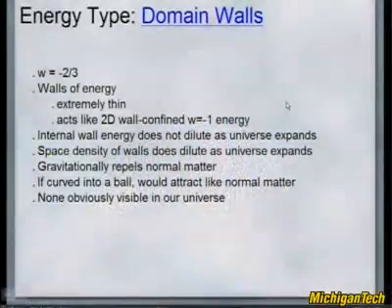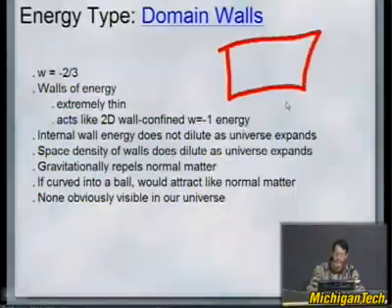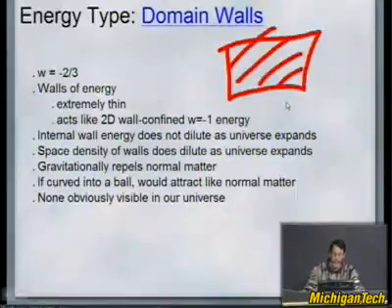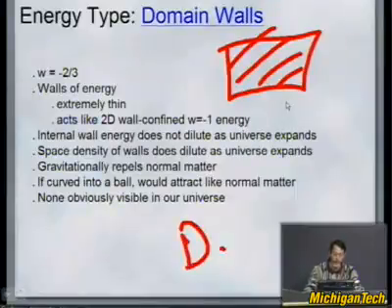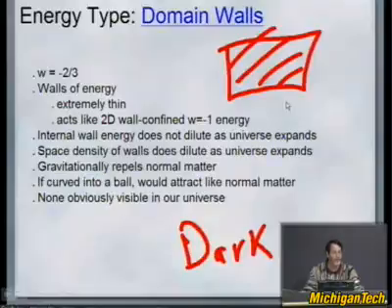Okay, so here's one type of energy that isn't usually talked about, domain walls. These are sheets of energy that are repulsive. So if you were to go up to a domain wall, you'd say, oh, what's that? You'd have trouble going up to the domain wall because it would repel you gravitationally. There are cosmologies where domain walls dominate the universe. This is a form of dark energy, so it could theoretically account for the universe expanding so rapidly.